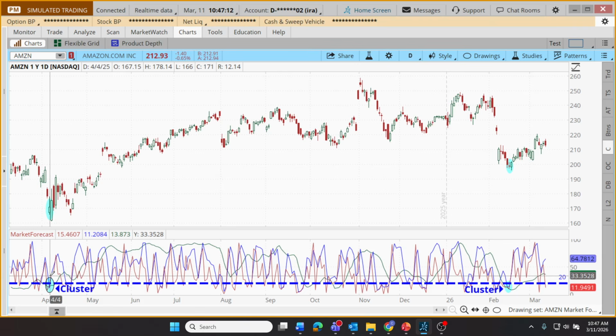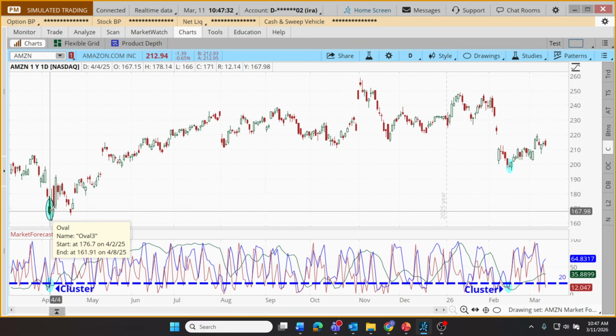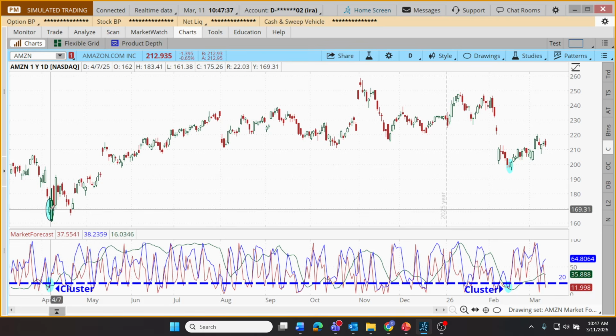So all of our momentum oscillators are clustering below 20 in that oversold range at the same moment. For some, they might interpret this as, well, there's nowhere for the stock to go but up. Obviously, that's not going to be universally true. Stocks can go down despite our best efforts with our charting. But in this case, that market forecast cluster did a pretty fair job of anticipating a potential significant reversal point